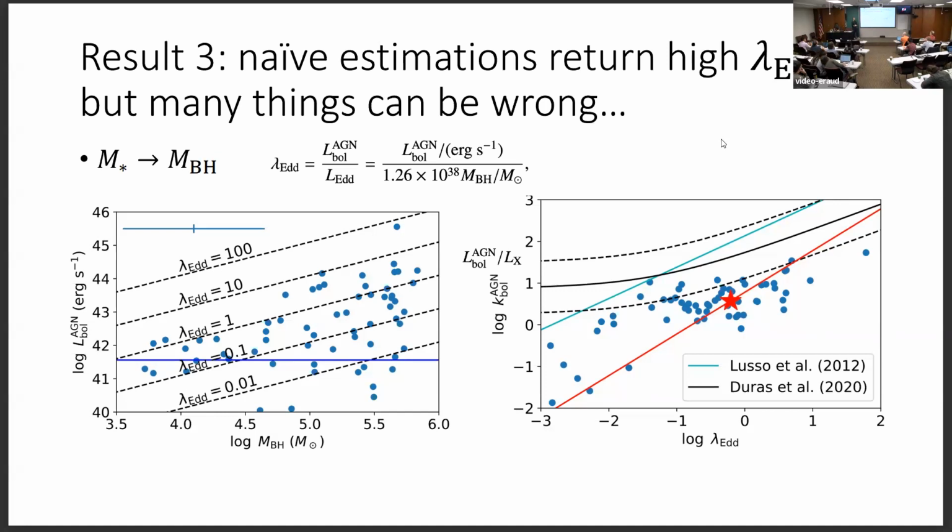And one direct piece of evidence is shown in the right-hand figure. I'm plotting the bolometric correction versus Eddington ratio, and the correction is defined as the bolometric luminosity divided by the X-ray luminosity. And we have some observationally calibrated relation between these two quantities, shown as the black curve. But our sample, as you can see, is significantly located below the expected relation. So that means something must be wrong, and actually there are lots of things that could be wrong, and I will